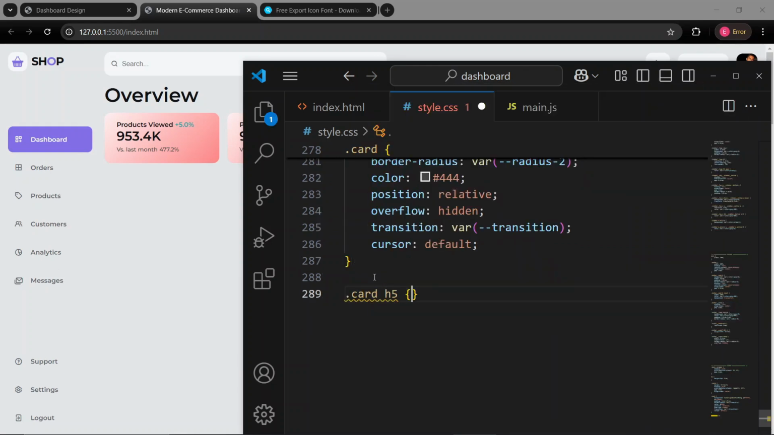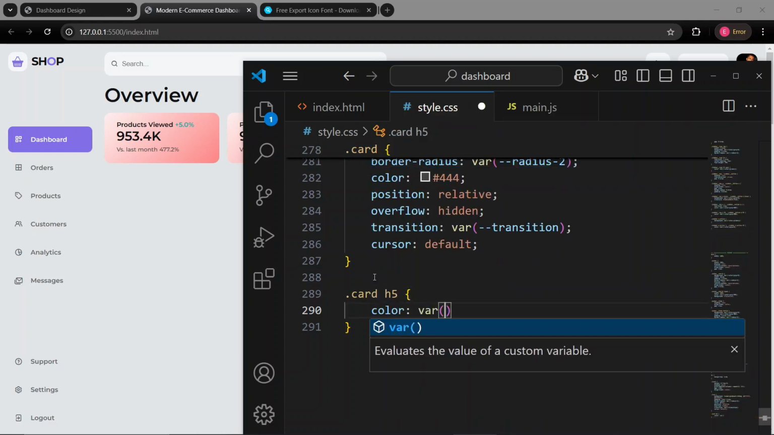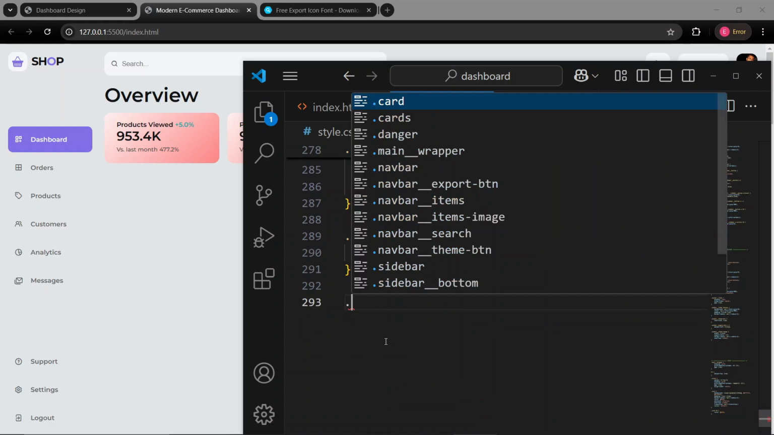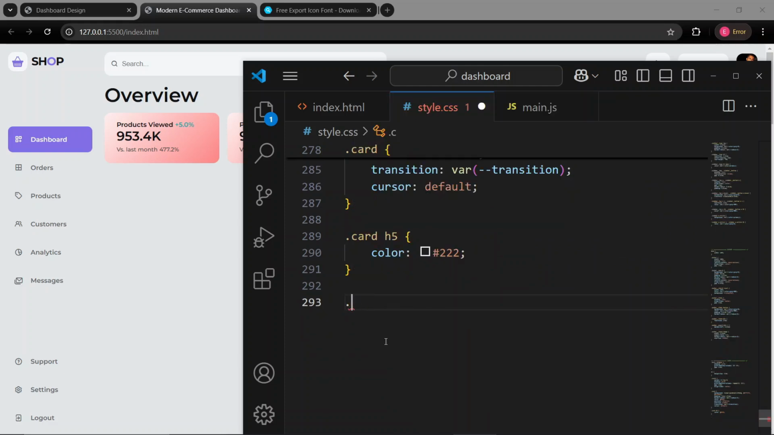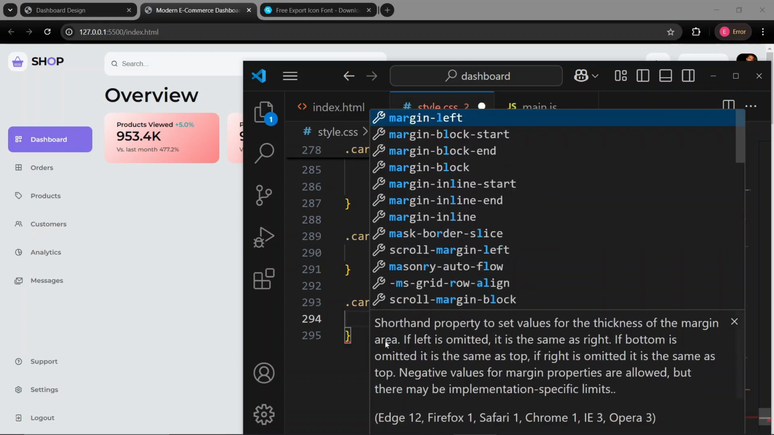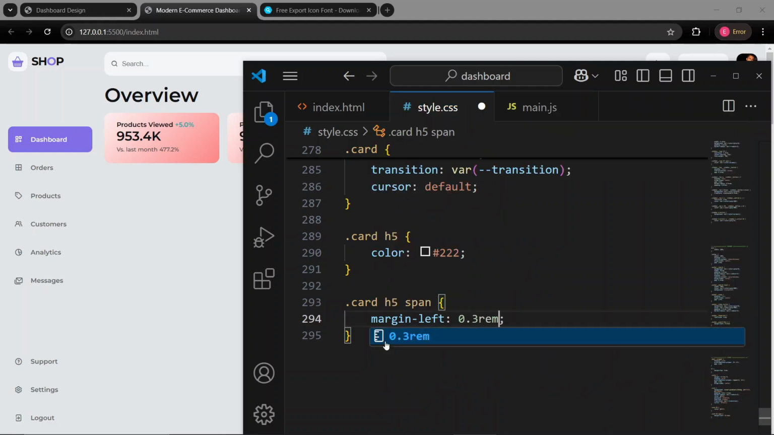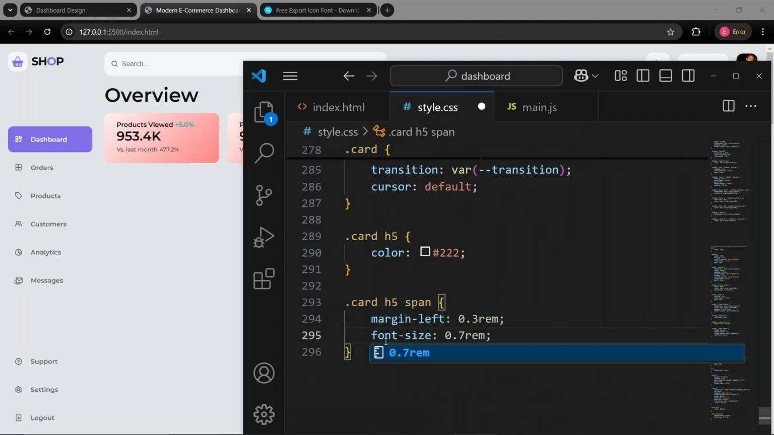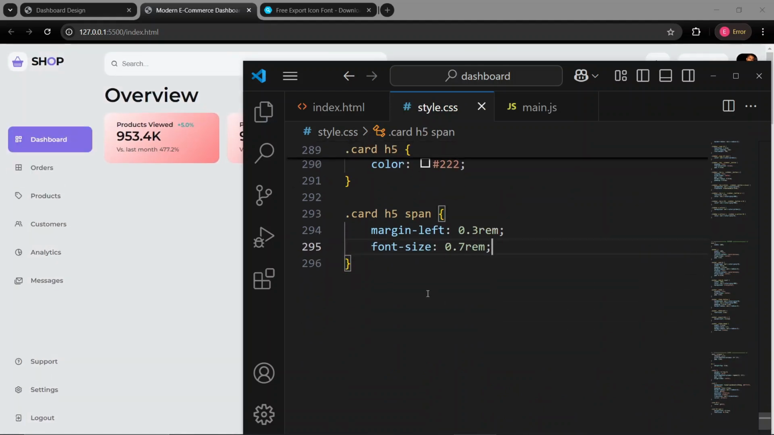So card H5, I'll set the color to be, I'll use a fixed color here as well because I don't want it to change when the theme changes. And now I'll get a card H5 span and set the margin left to be 0.3 rem and the font size to be 0.7 rem. Okay, so that we have some space. And I'll have the